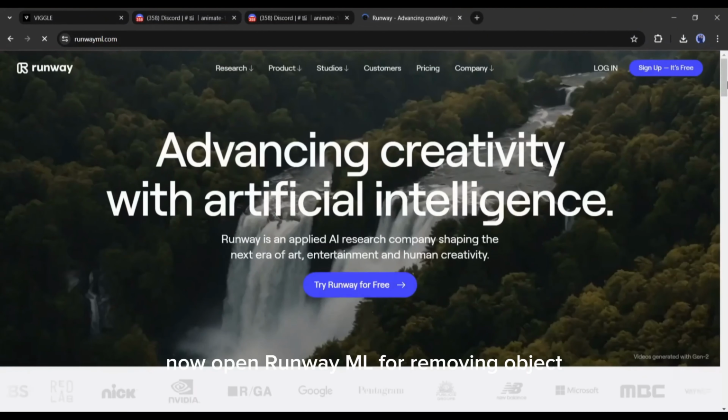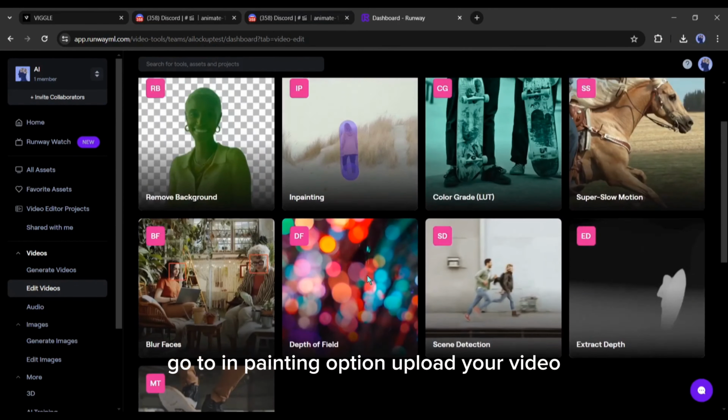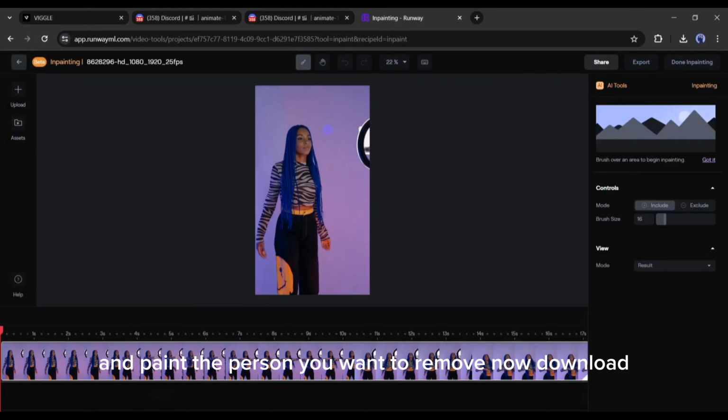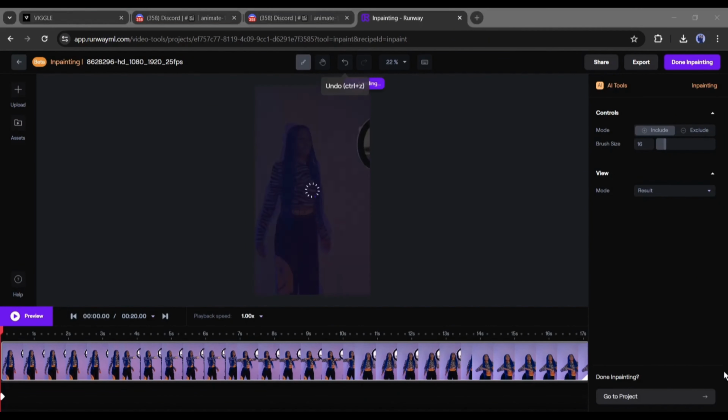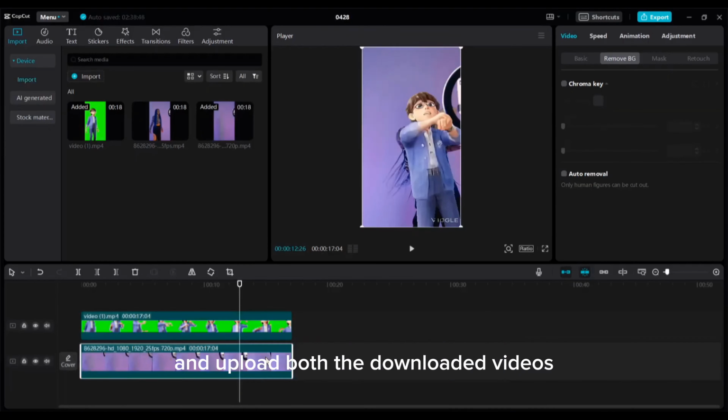Now open Runway ML for removing the object. Go to the Painting option, upload your video and paint the person you want to remove. Now download. Now, the third step is, open CapCut and upload both the downloaded videos and use the chroma key for